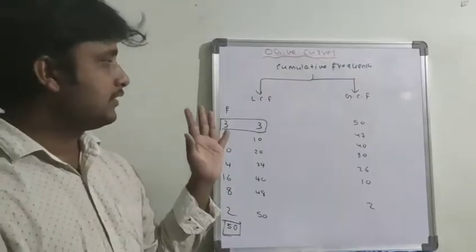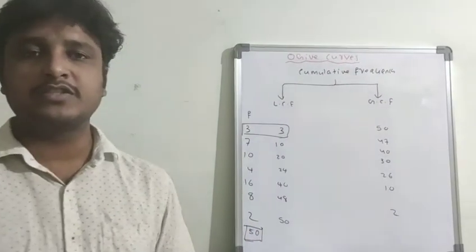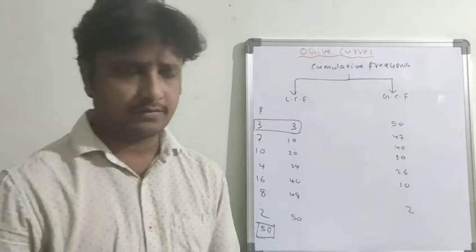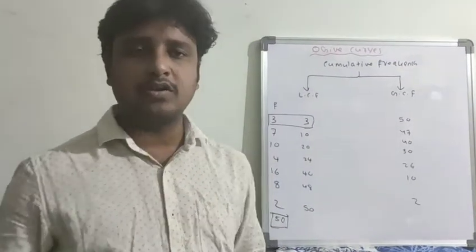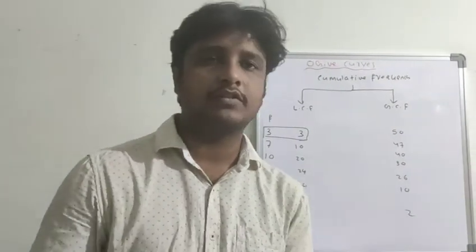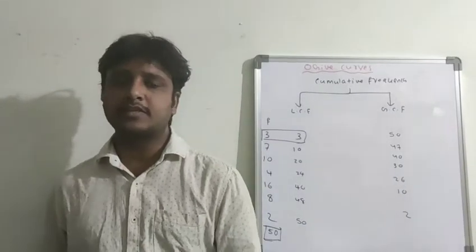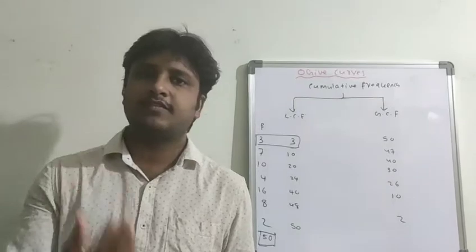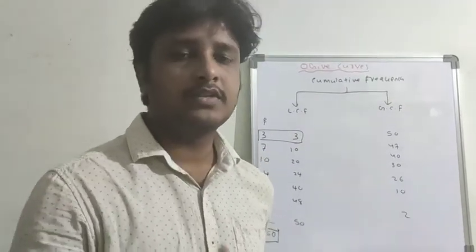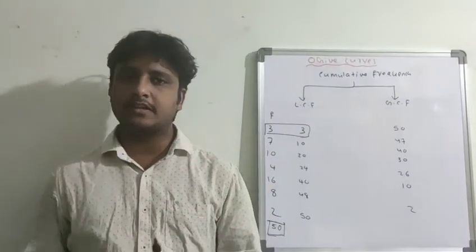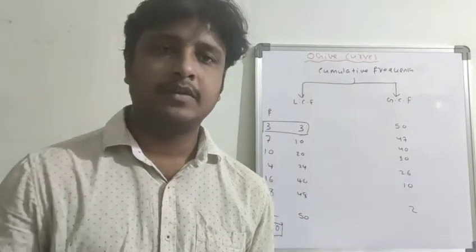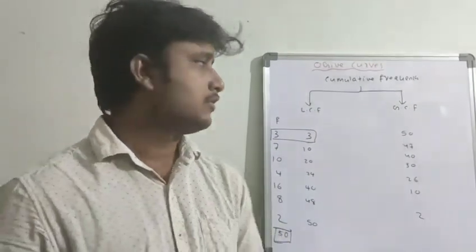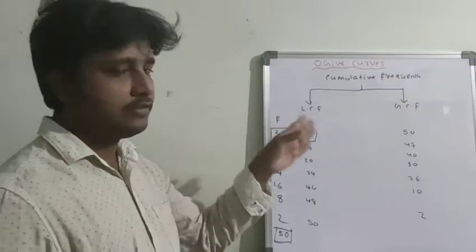These cumulative frequencies we have to represent on a graph using ogive curves. In paper 2, we have one graph question, and that is the ogive curve graph. Majority of times, the second question from this chapter is on ogive curves. Ogive curves are also used to find the median. By using the graph, how do we find the median? We are going to discuss all of this.